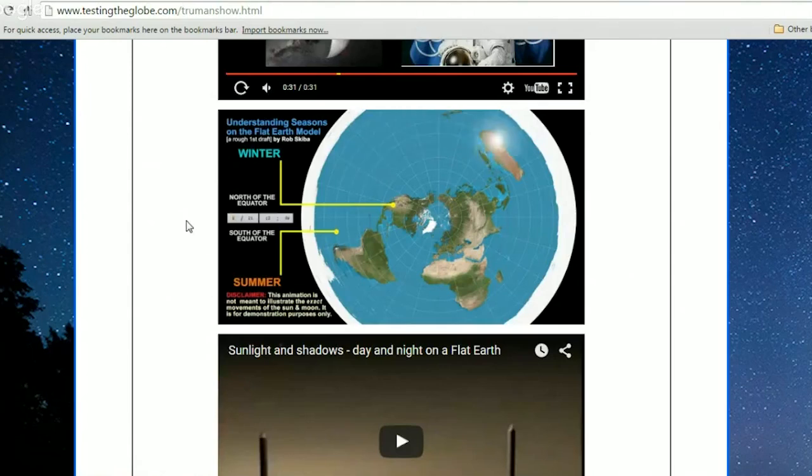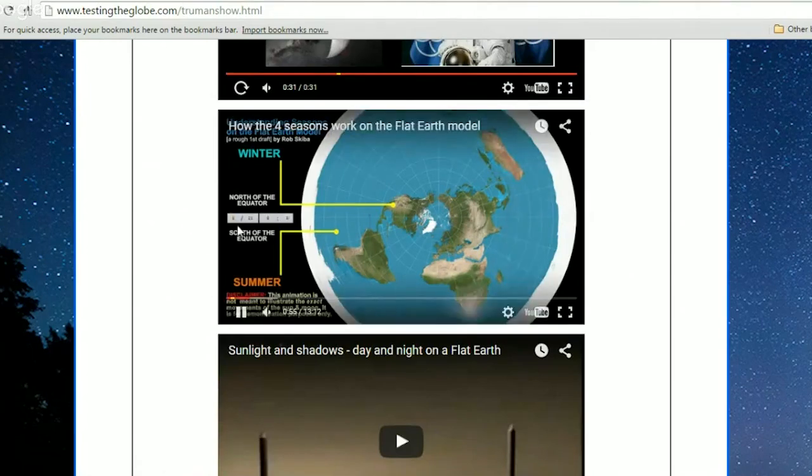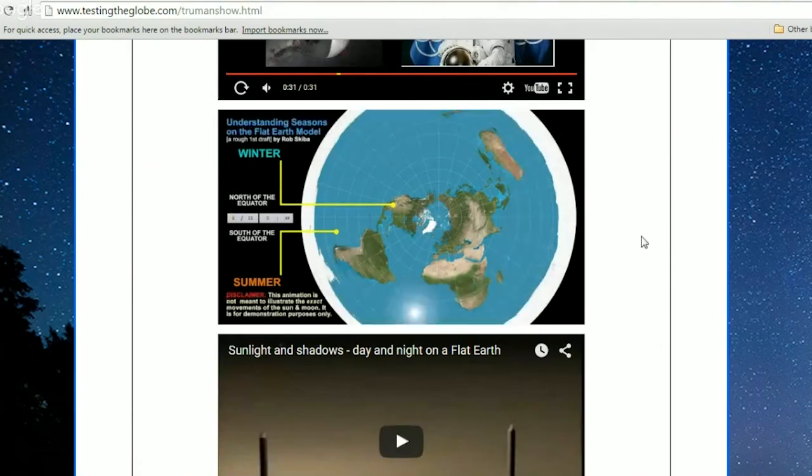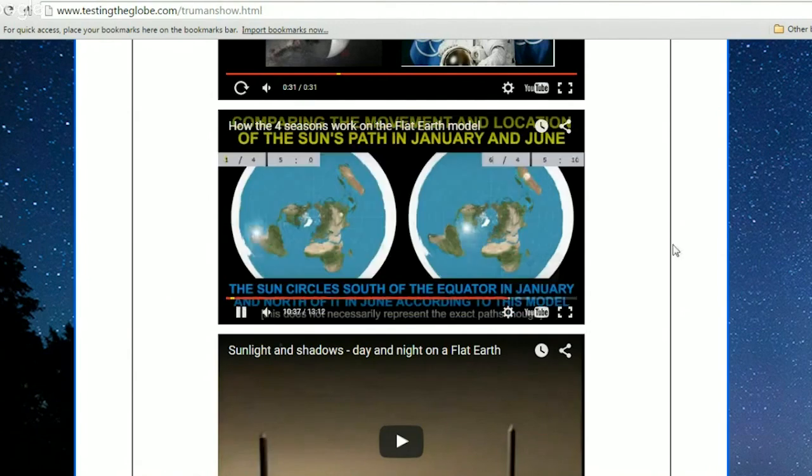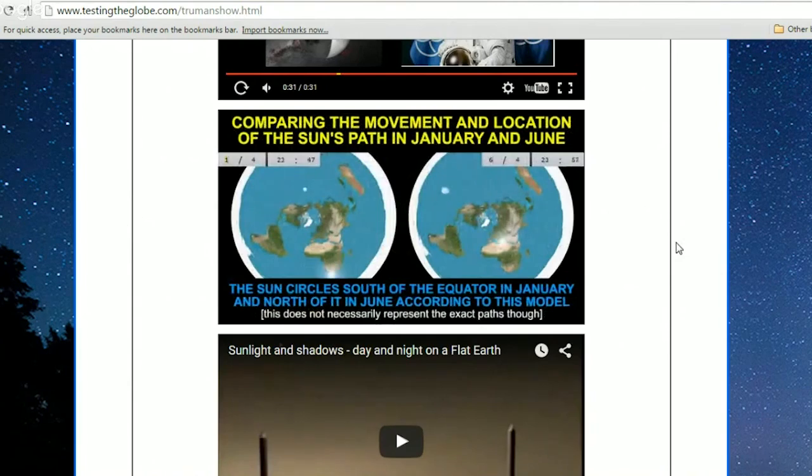It shows the entire year of 2015, starting from January 1 going to the end of December, and showing the path that the sun takes and the moon, and where it is in the wintertime in the northern hemisphere, and where it is compared to the southern hemisphere during the various seasons. And what I found particularly intriguing about this is when I compared January with June,